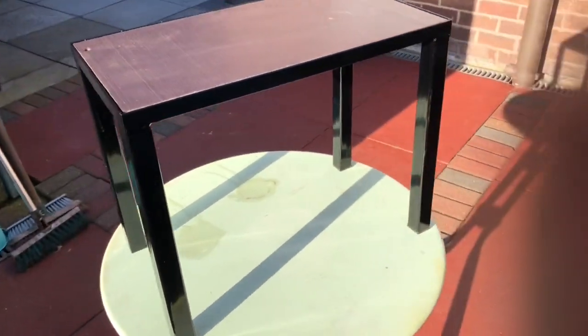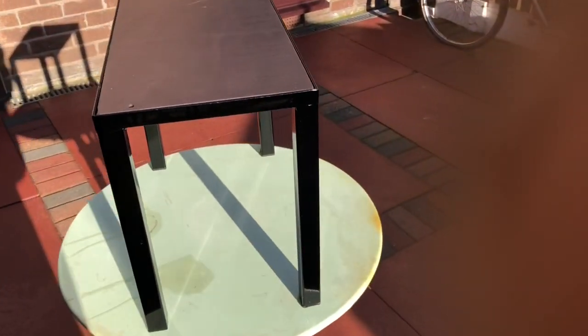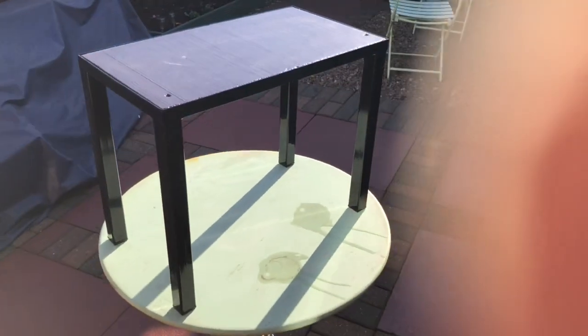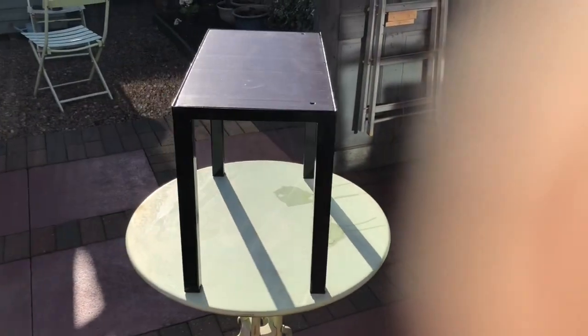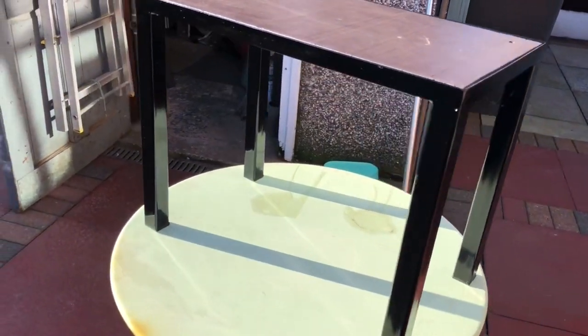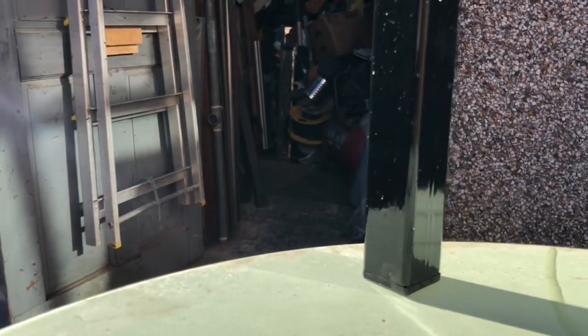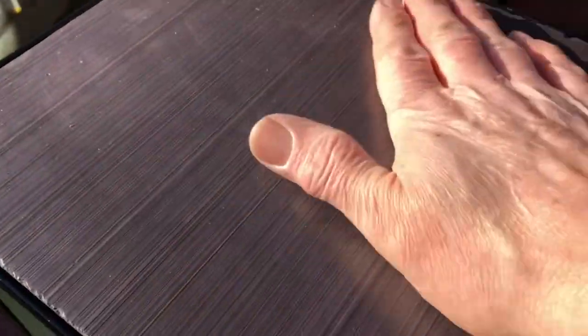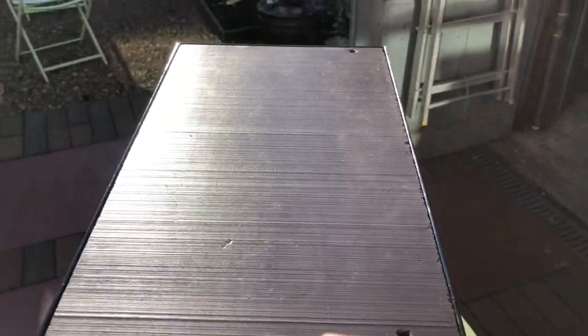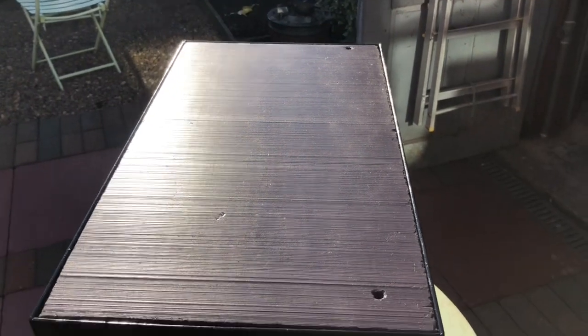So, very simple design. And we'll see if it'll hold a bottle and 2 glasses. The paint is very, very glossy. Lovely. The slate seems to have been riven or split. It's definitely got some, I mean, that could be saw teeth marks, I don't know, but also that seal has made it quite glossy. All in all,